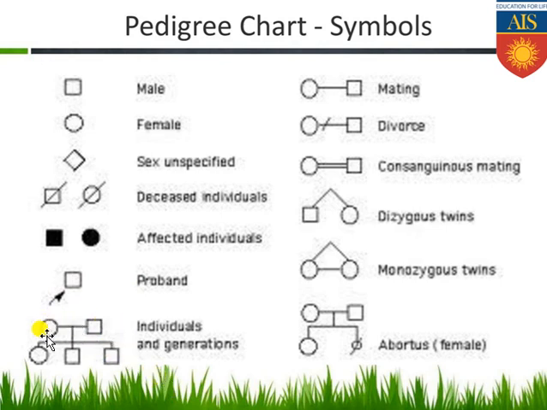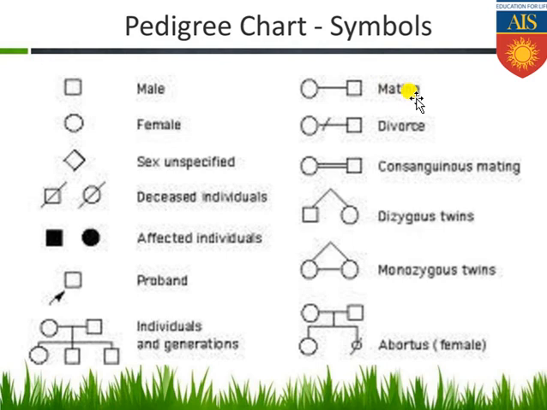Next, you can see two individuals who are considered parents, and they have produced offspring, two males and one female, and all of these, males, females and parents, are unaffected. These individuals are present in two generations. These two are on the first generation, the parental generation, and these are on the F1 generation, the first filial generation.